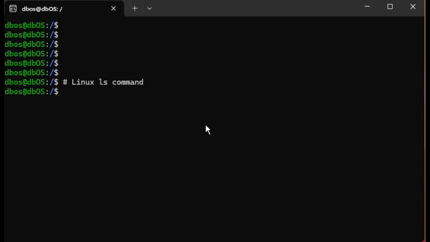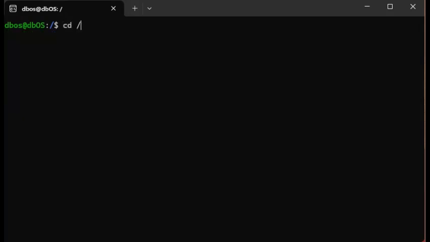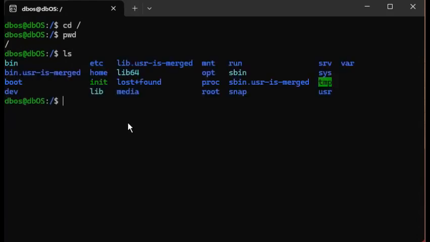First, let me go to the root directory. Let me clear this, and then cd slash takes me to the root directory. The command in this video will be the ls command, which lists directories and files. When we use it without any options, the directories and files will be listed left to right and from top to bottom. If I do ls now,